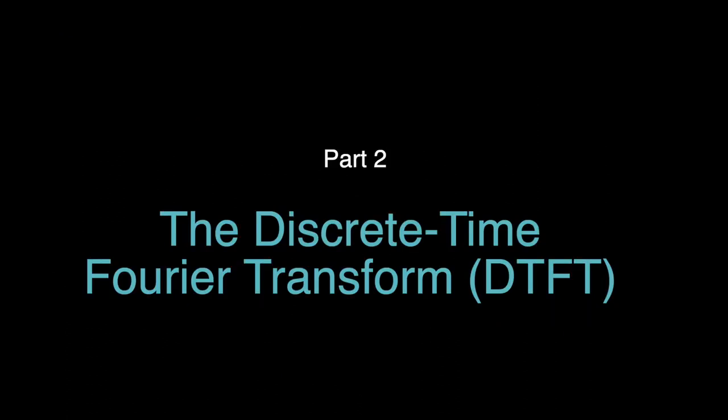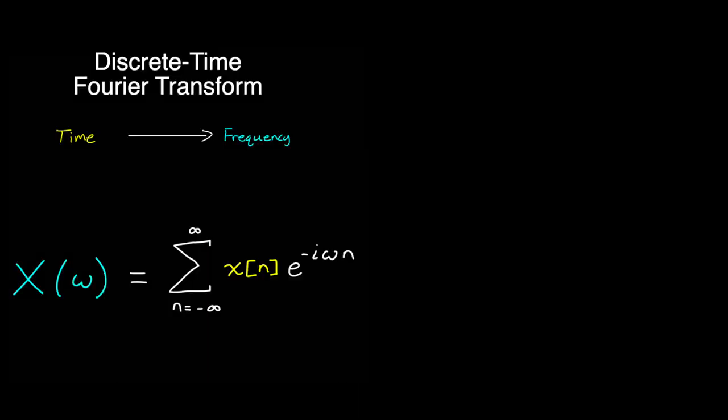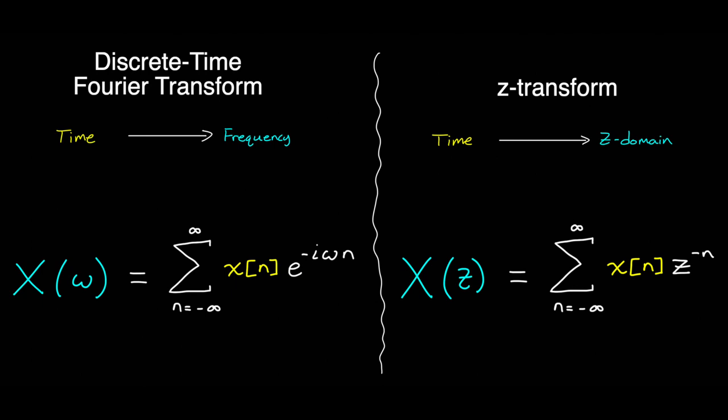And the essence of the Z-transform, I actually think it's helpful to first talk about the discrete time Fourier transform. The discrete time Fourier transform converts discrete signals in the time domain to the frequency domain. That is, it represents a signal in terms of its frequency content. And you can see that it's pretty similar to the Z-transform. In both cases, we're multiplying the time signal by some other signal and summing the result. So I think that if we can understand what the DTFT is doing, we can better understand what the Z-transform